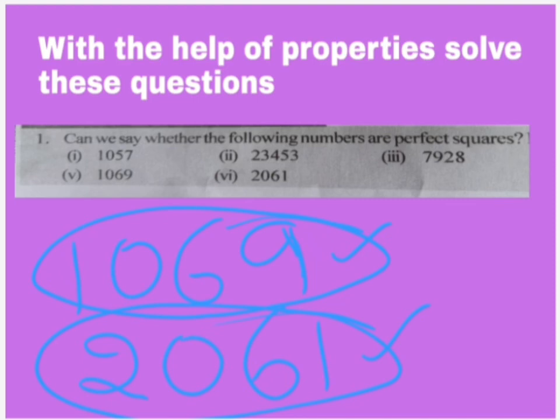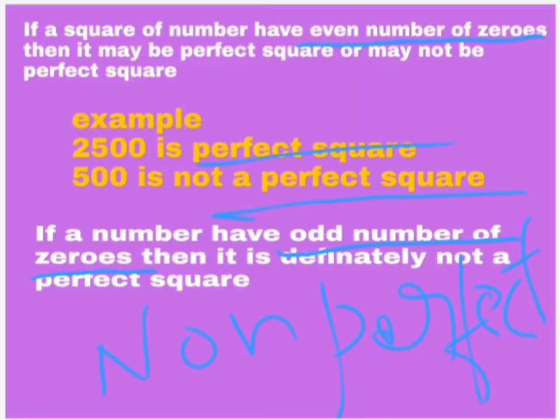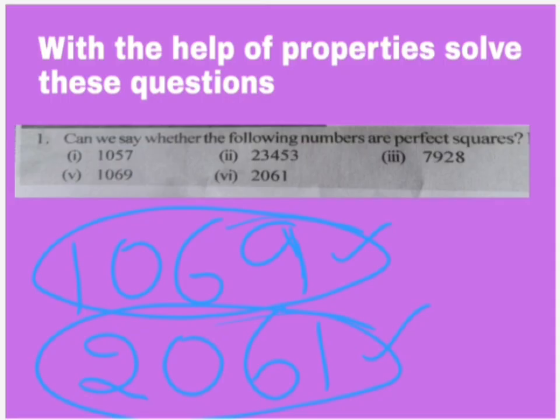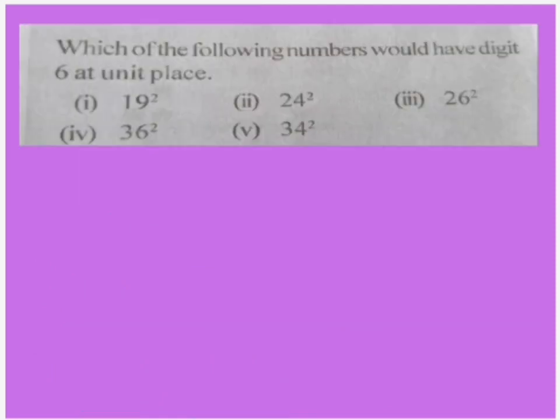There are two conditions, like the zeros, isn't it? In the zeros we learned that if we have an even number of zeros, then it may be a perfect square or may not be a perfect square. In the same way, in all the conditions where you are getting 0, 1, 4, 5, 6 and 9, they may not be a perfect square. Sometimes they are non-perfect squares also. That thing we have to check with the help of a division process, which you are going to learn next. Okay, next, come to the next question.